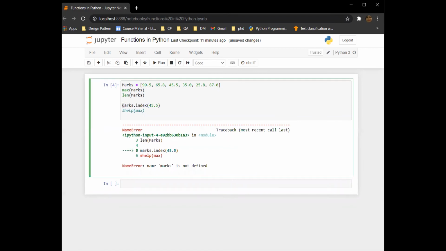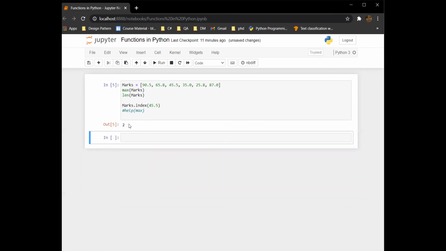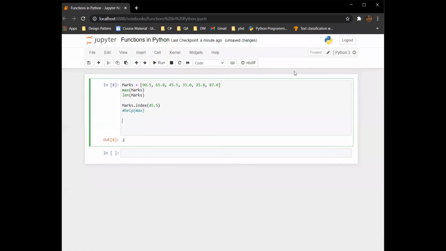Sorry, it's with a capital. It's case sensitive. So it is telling me that the index number for 45.5 is 2, because 0, 1, and 2. So the 0 index is this, 1 index is this, and 2 index is this. So this is how we can return the index number of any value from the list.